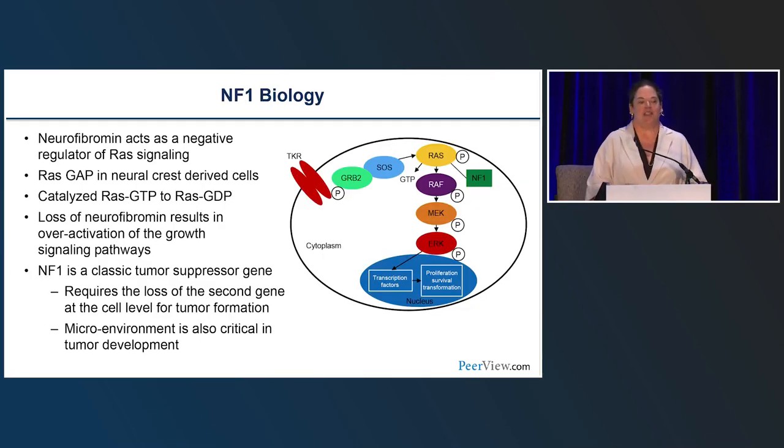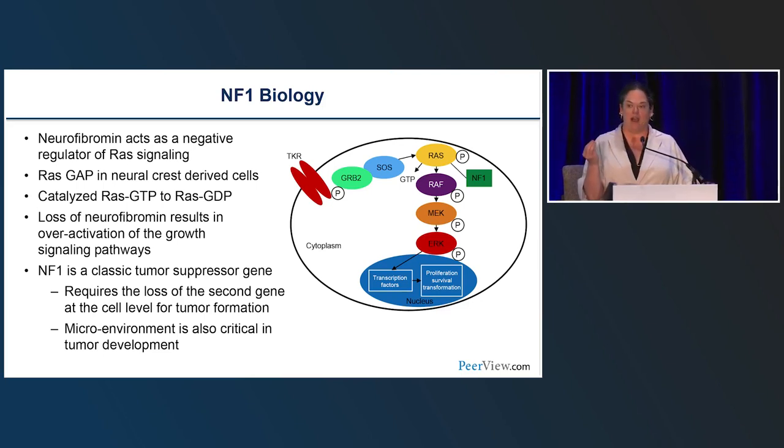Why does NF1 lead to tumors and all the other variants that we see? It's because it really acts as a negative regulator of the RAS signaling cascade in all neural crest-derived cells. So you get a growth signal from the outside that hits that receptor tyrosine kinase, activates this growth signaling pathway, and then NF1 basically is there to turn RAS signaling off. So NF1 is a classic tumor suppressor. If you're born with NF1, you have one pathologic variant, so you have half as much NF1 to turn this signaling off, and then basically you kick out the other copy, so you have loss of heterozygosity, and that leads